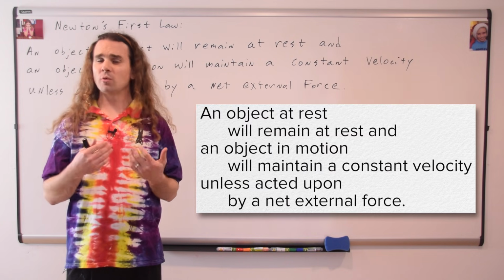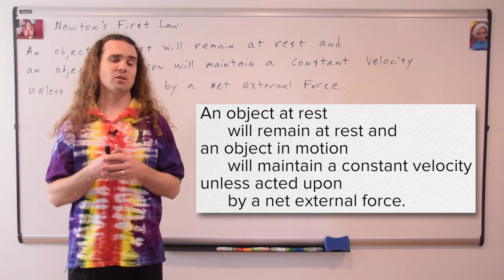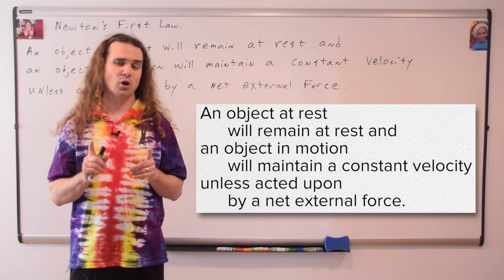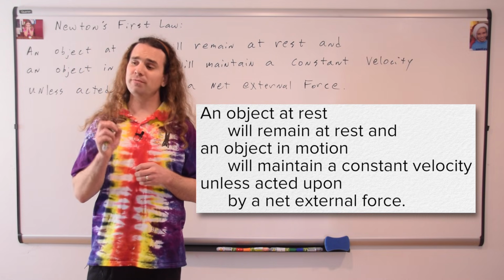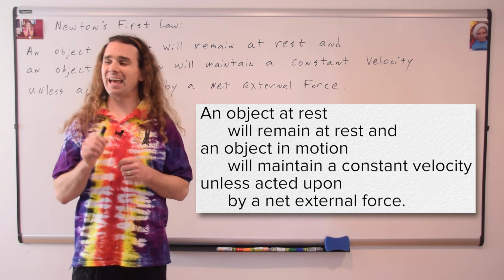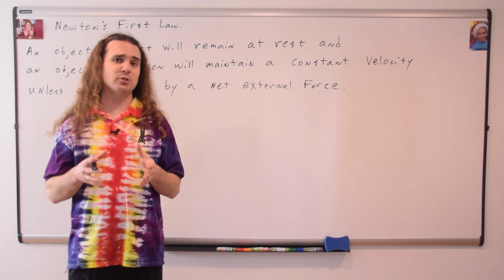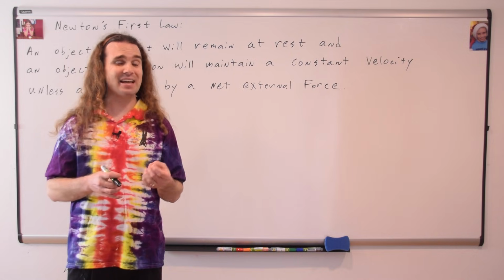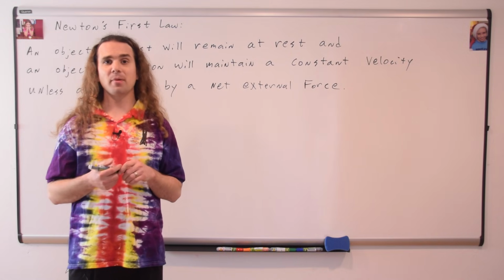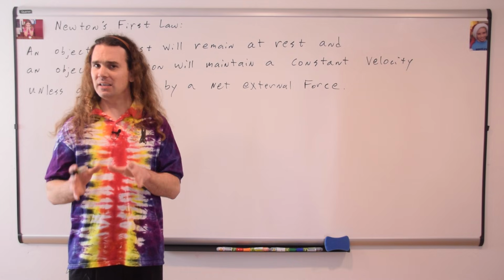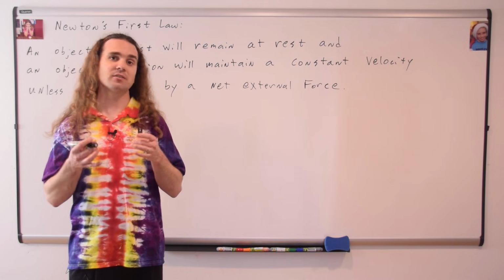An object in motion will maintain a constant velocity unless acted upon by a net external force. Bo, please tell me what 2 variables remain constant when an object has a constant velocity? The speed and direction of the object. Because velocity is a vector and has both magnitude and direction. Yep, speed and direction. So notice you could also say an object in motion will maintain a constant speed and a constant direction unless acted upon by a net external force. This means the same thing as maintaining a constant velocity.